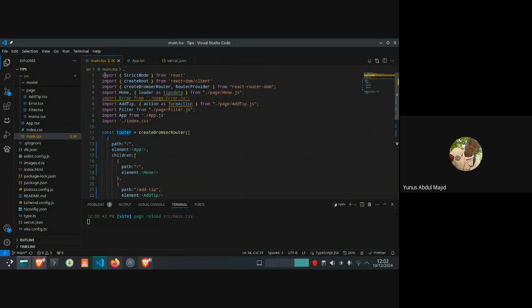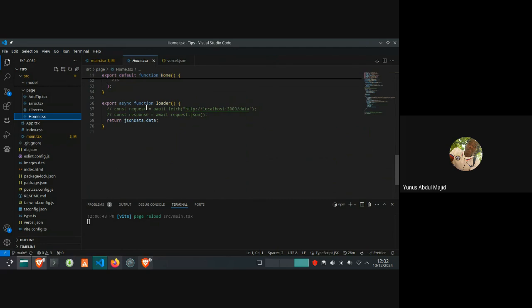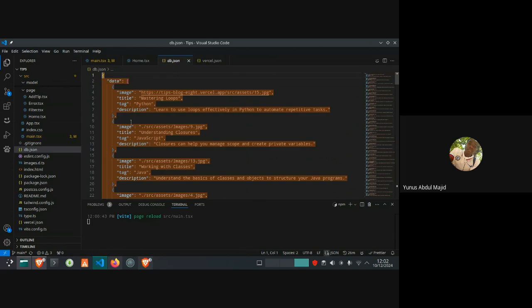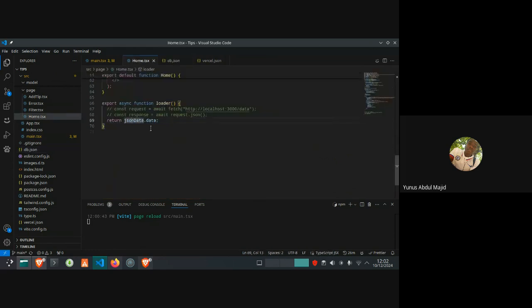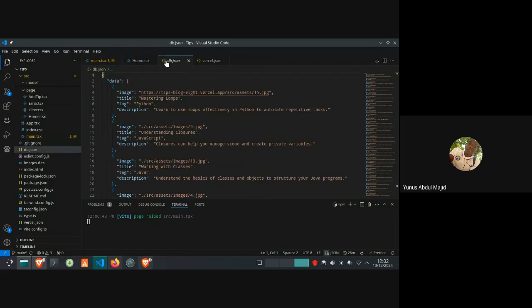So this loader, inside the home folder, I create an async function, an asynchronous function that returns the JSON data that I created. This JSON data I import here.